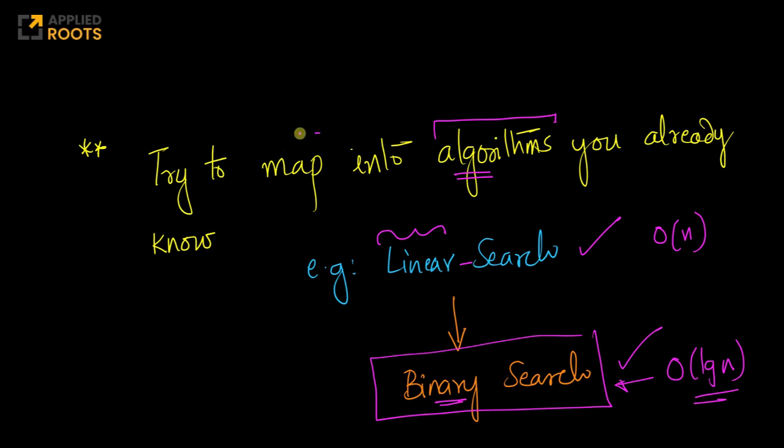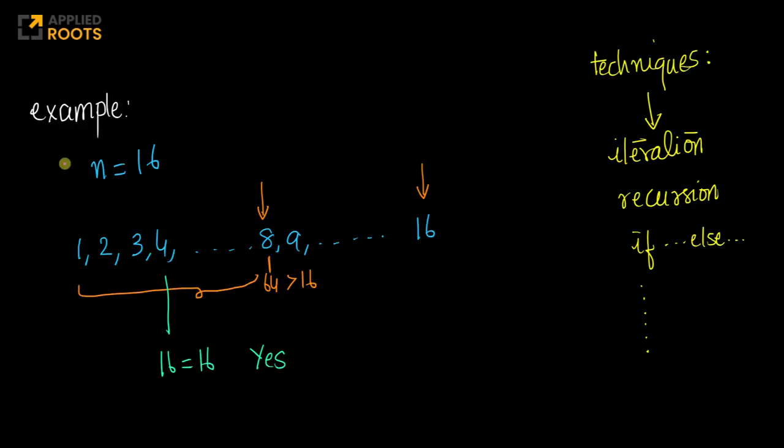Again, all that we are doing here is we are mapping the problem that we have into techniques and algorithms that we already know, like linear search, binary search, etc. Right? Nothing very fancy. That's why this problem is in the easy to medium scale. Cool. Now let's work it out.